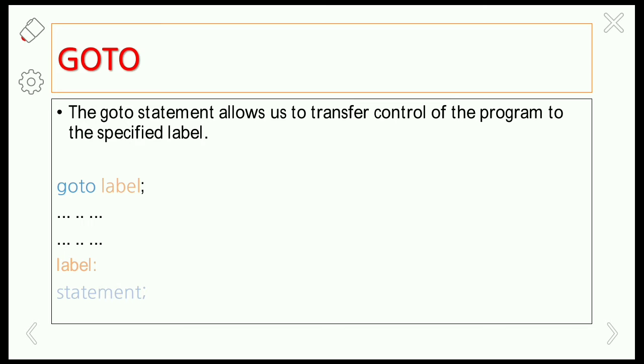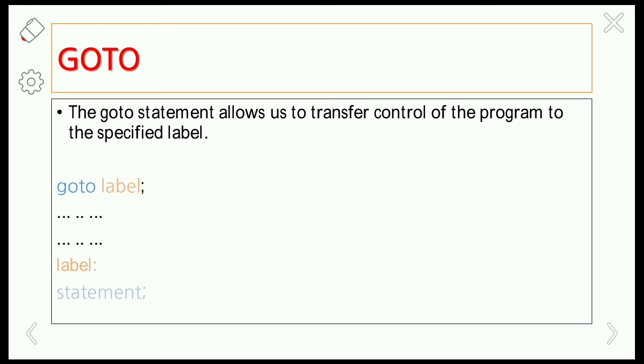Okay, so while running the program, if you go through this goto space label, where label is an identifier, the control automatically transfers to the label identifier, and the compiler is going to execute some set of statements under the label identifier.